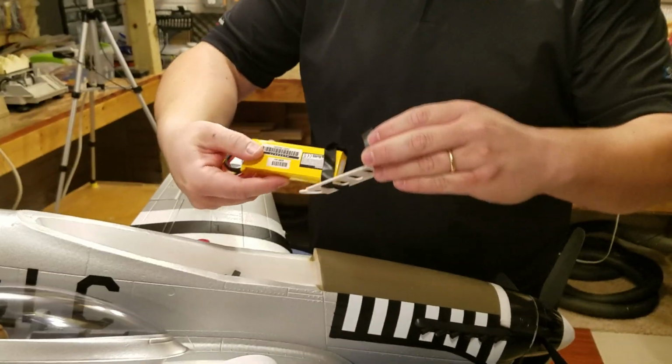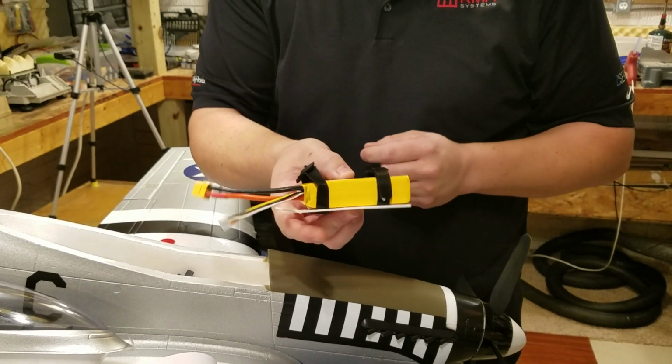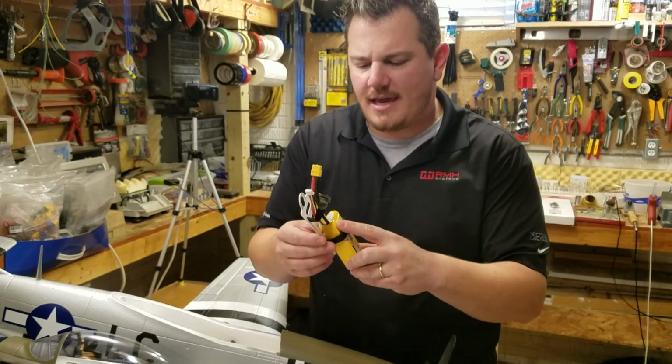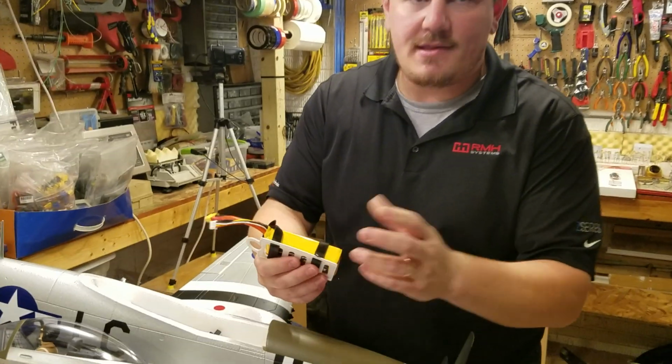So you basically get this thing placed in here how you would like to use it. And then you're going to be pretty much centered like this. Guys, we're back again. Sorry, we had a little camera flaw there. So basically, when you slide this in, if you've not used one of these things,